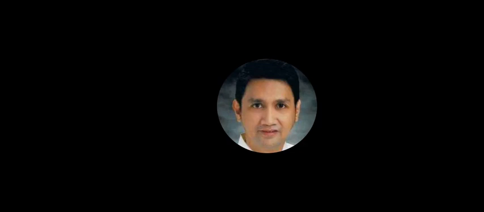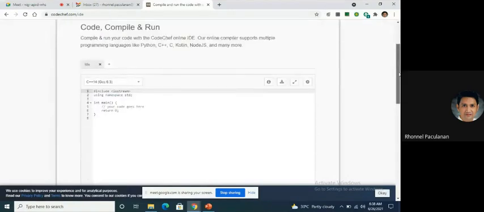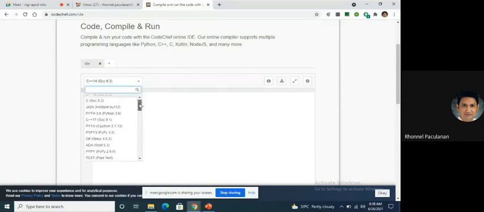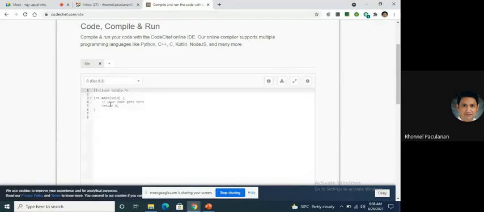So I'm using one of the websites wherein we may now use your code. On this website, we may select some of the programming languages available, and we can use this and run the program. Right now I'm using C. So this is a C program.